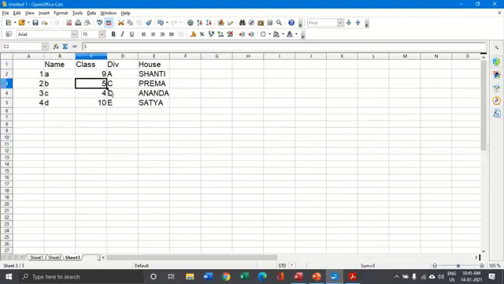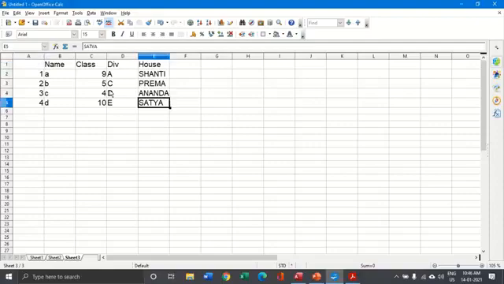Now here, if I keep my cursor in between and there is a range of data, if I want to move to the beginning of the data, I will press the Control and the Home key, which will take me to the beginning of the data range. Control plus End key will take me to the last cell of the data range. So moving around in a data range can be done very easily with the help of Control and Home, Control and End.